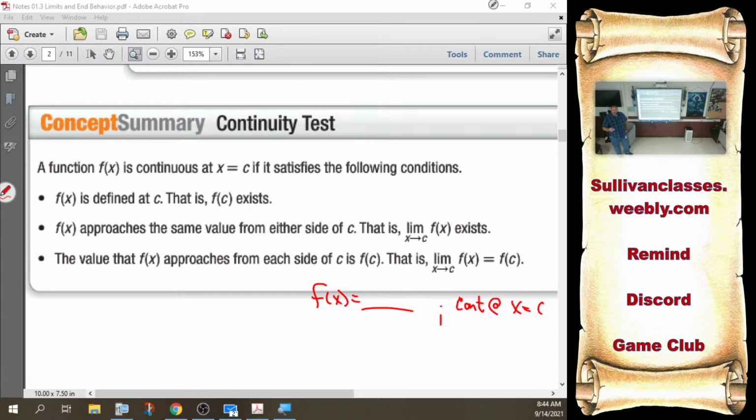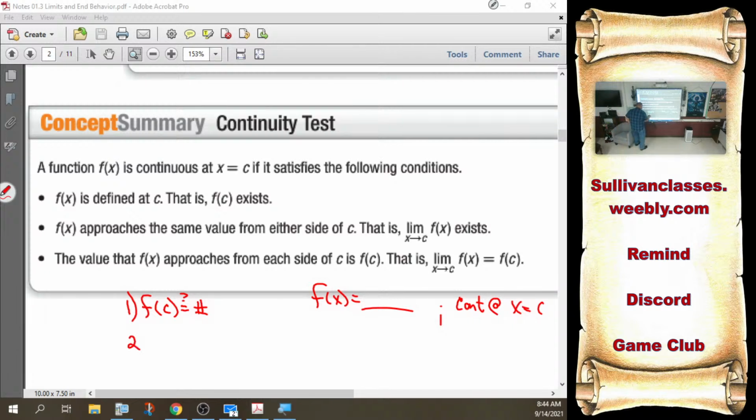So, to run the test, you're going to do 3 things to prove that it's continuous. 1, does f of c exist? Does it even exist? Or does it come back as undefined? Make sure that the C button doesn't break math. You can just go to your calculator, type whatever the function is into y1, go to that ask feature, and just type C. Put in 5. Does this exist at 5? Hit 5, enter. It didn't say error. Yes, it exists. I don't care how ugly it exists.